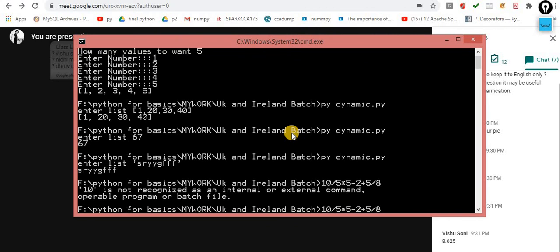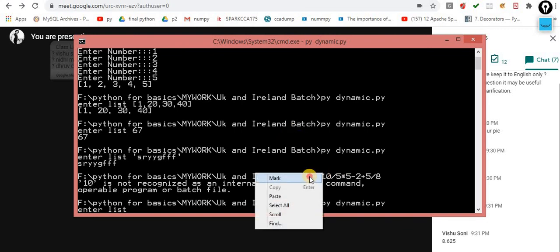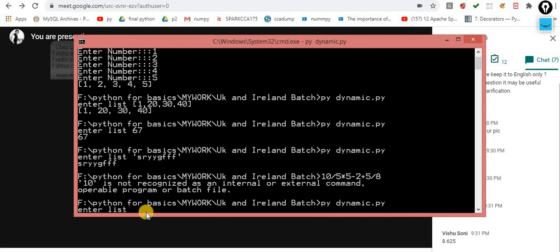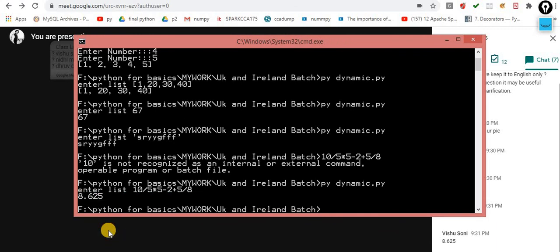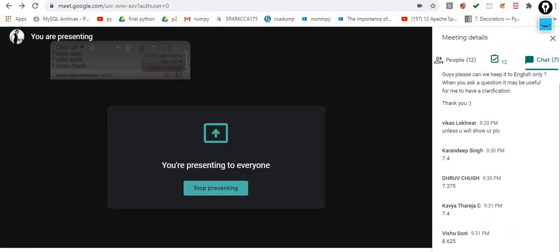Sorry, py space dynamic. I am copying it and pasting it. It's 8.625. Perfect, Vishu is perfect.